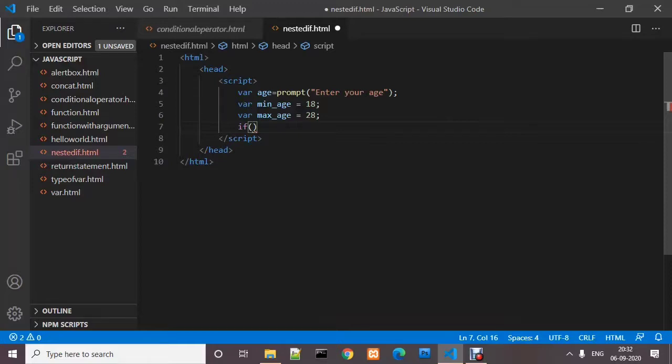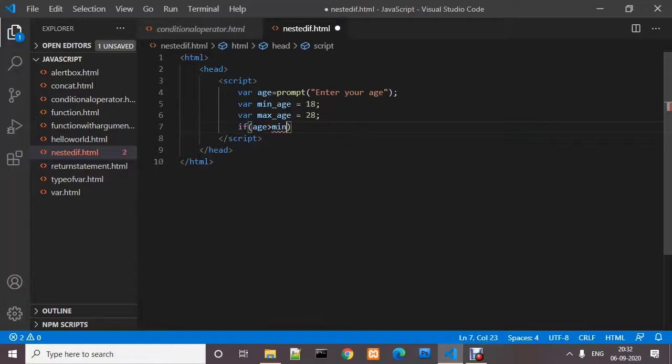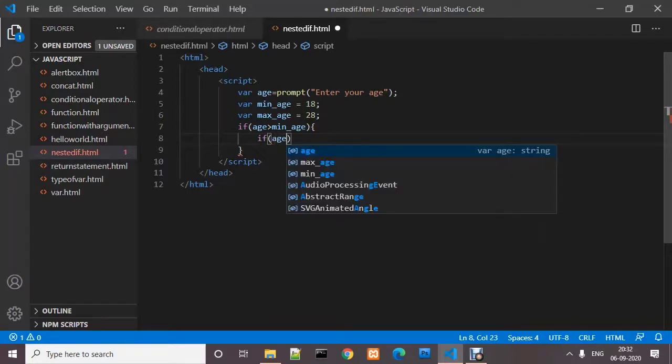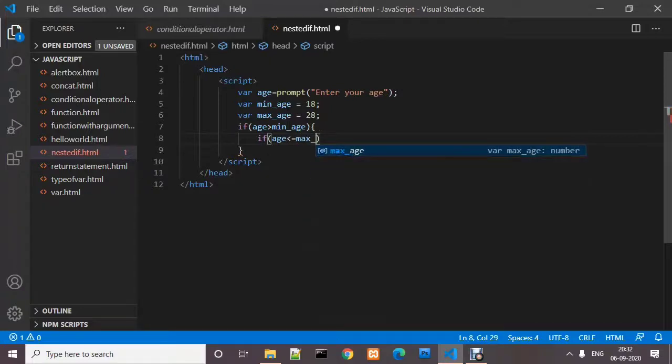Our condition will be the age should be greater than the minimum age required for the course, and if this condition is true, then only the next condition, which is age must be less than or equal to the maximum age to enroll in the course.